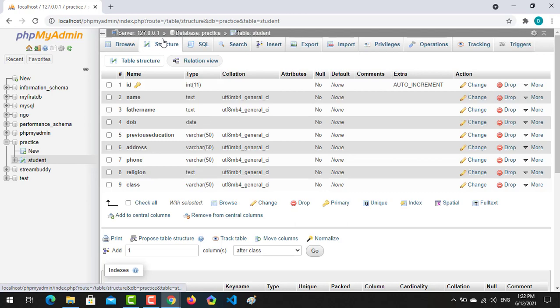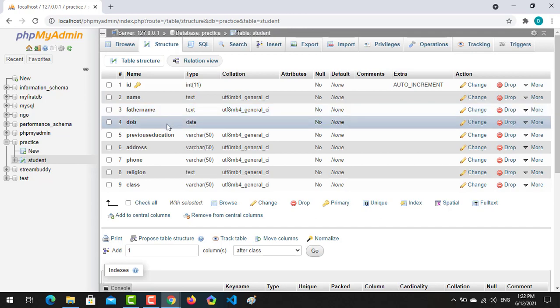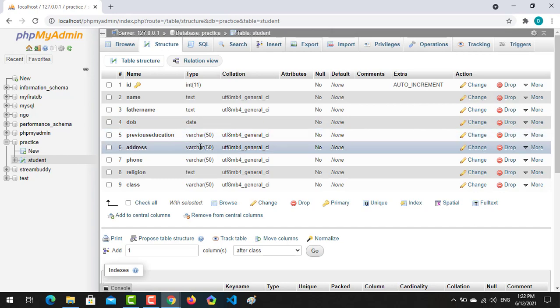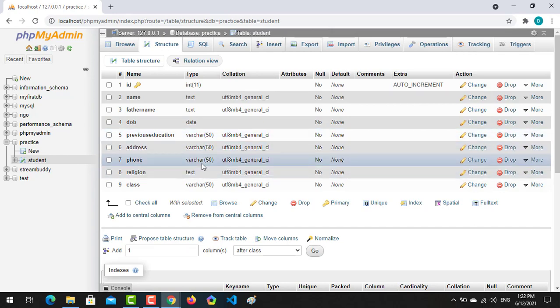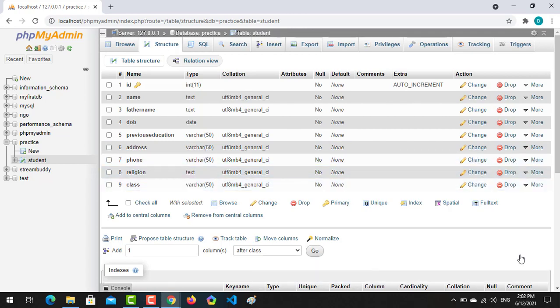For example, in the name section we have assigned text. In the father name section we have assigned text. In the DOB, date of birth section, we have assigned date. The previous education consists of varchar, address consists of varchar, phone consists of varchar, religion consists of text, and class consists of varchar.